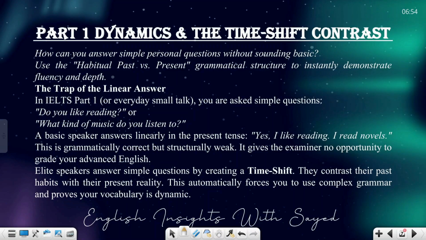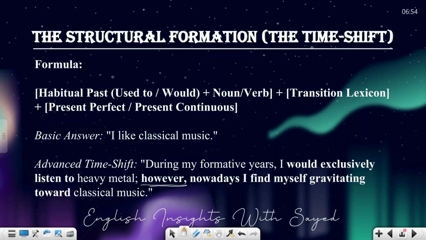And you see here the question, what kind of music do you listen to? You are being asked this question. You could say, I like classical music, or I listen to classical music, but you could make it in a different way. You could take it to a different level. You are saying that in past tense, what you actually used to like, and then now you have used that transition lexicon also. So you have equipped your sentence with so many things, right? So past, present, future, then another concept where we'll be speaking in that part 3.